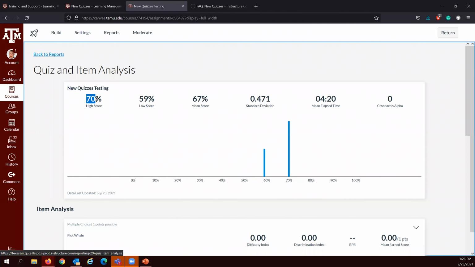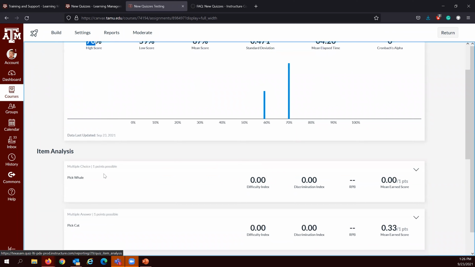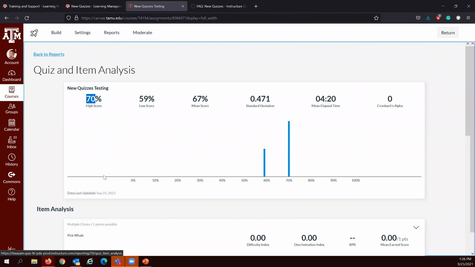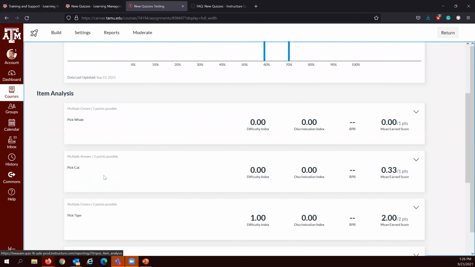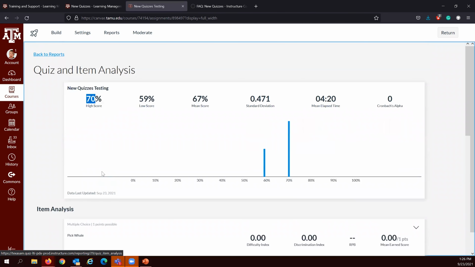Just because maybe it's a third-party tool. But in here, you can actually look at the quiz and item analysis. The only thing that's not available in the quiz and item analysis, that I know that some faculty are so used to doing, is to download the student analysis and the item analysis in CSV format. So that feature, if that feature is important to you,